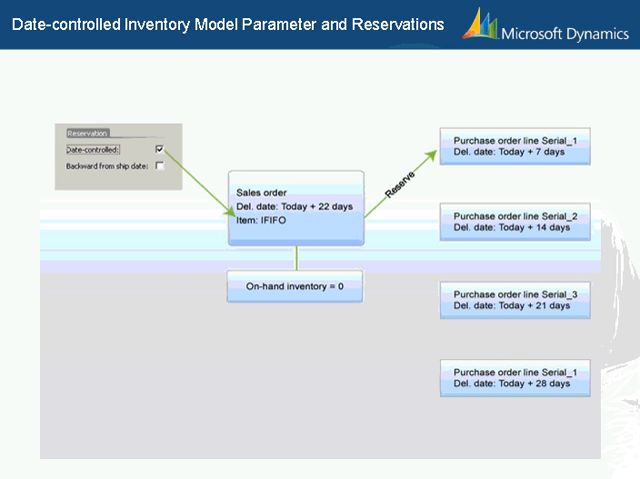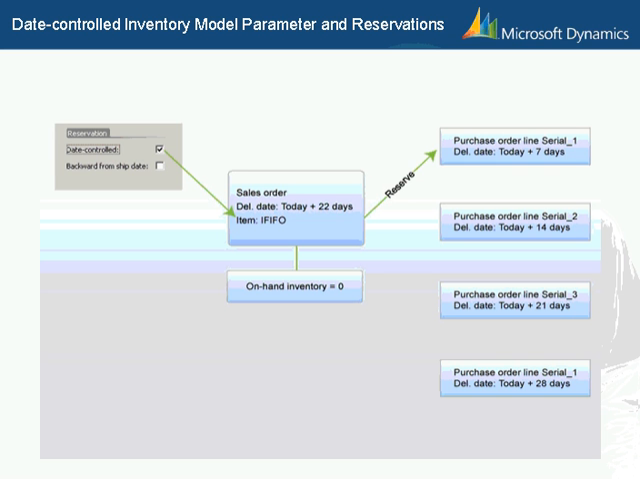So if this option is active, reservation occurs according to the FIFO principle. This means that the complete sales order line quantity, or the quantity that is unavailable as on hand, is reserved against the oldest purchase order with the status ordered, with the delivery date falling before the delivery date of the sales order line. So as you see in the picture,